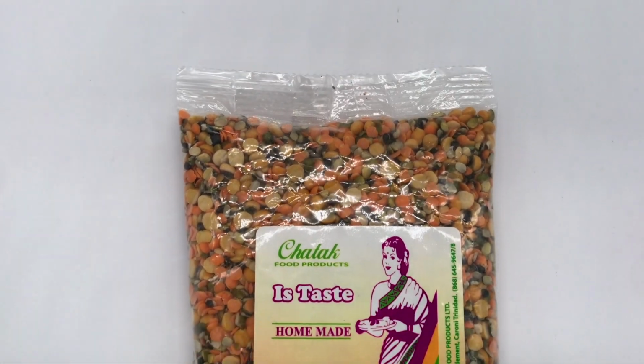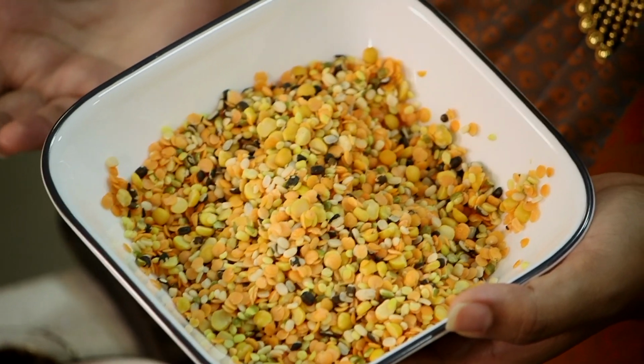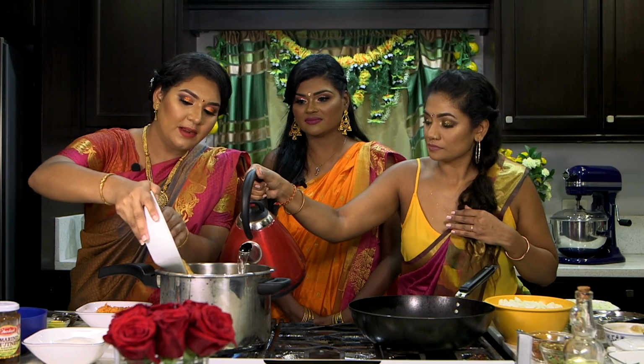So let's begin with our sambar. Sambar is a traditional dal type dish made from a mixture or a single pulse. Today we will be using Chatak's mixed dal. I have already washed my mixed dal, and in my pressure cooker I'll add my mixed dal with some hot